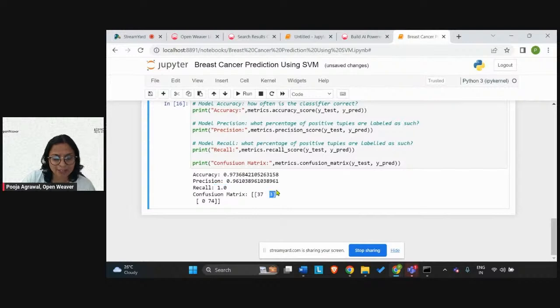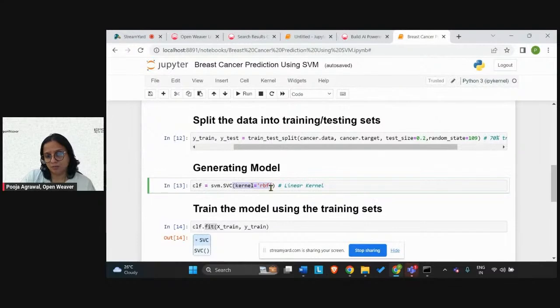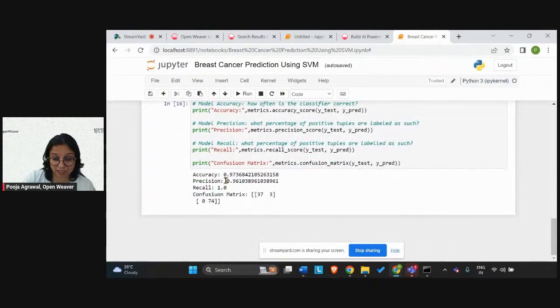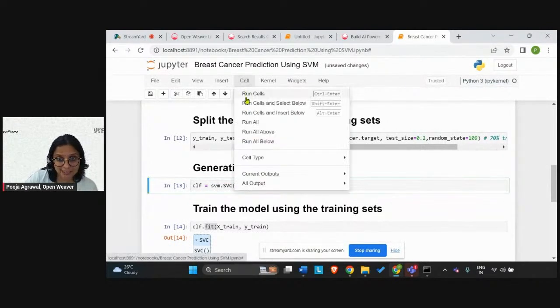So, and even only three values are in error. If you see, only three from most of the chances, let's say if you add this up, 11 and 11, from the different parameters or the different features that are used to do the prediction, only three times your model has incorrectly predicted. So you see that this is an ideal case where with the RBF and the test size equal to 0.2, your model has given a very, very high accuracy of 97.3%. If I would like to change it to, say, linear, and then run all the cells and check,